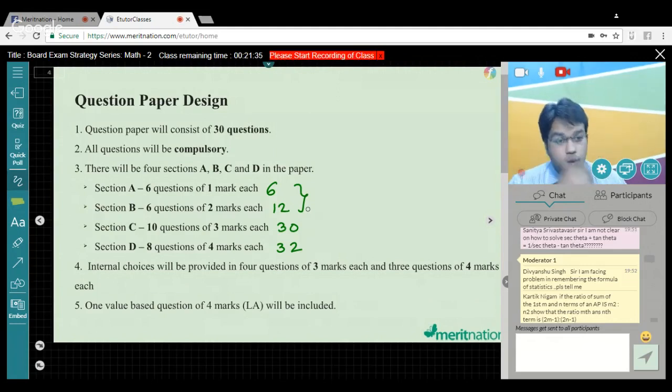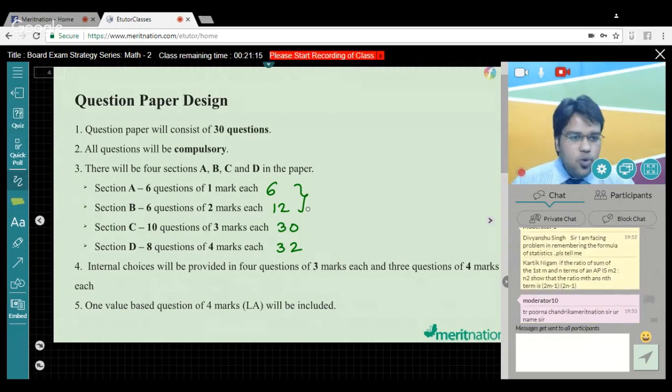Please understand, guys, this is very, very important from your examination strategy point of view. In your 1-mark or 2-mark question, they are not asking you to write paragraphs. They're not asking you to write each and every step, to explain everything. They just want you to write down the k value, or whether the lines are perpendicular, parallel, etc. Just write 1 line or a word. Do not go for writing paragraphs, because that's where you tend to lose out on time and eventually come out of the center and say that the paper was very lengthy. So avoid that. In section A and B, please make sure you just write 1 sentence or 1 word.